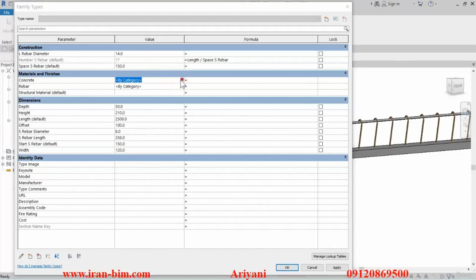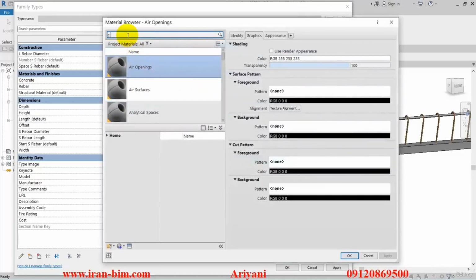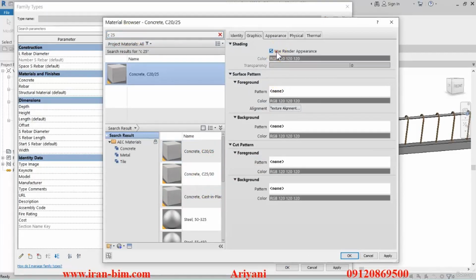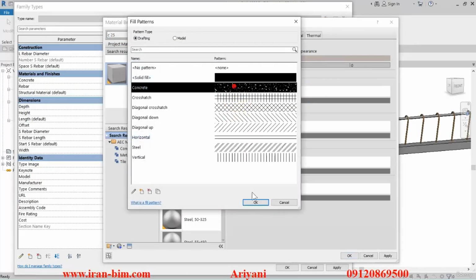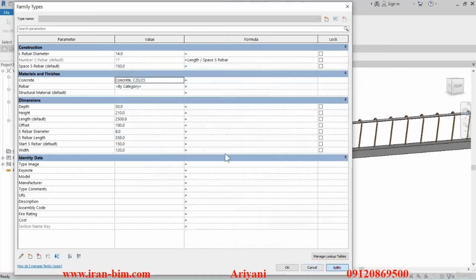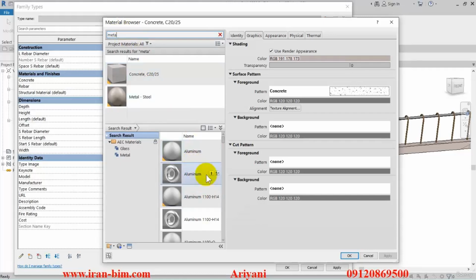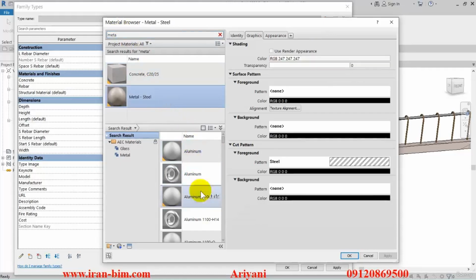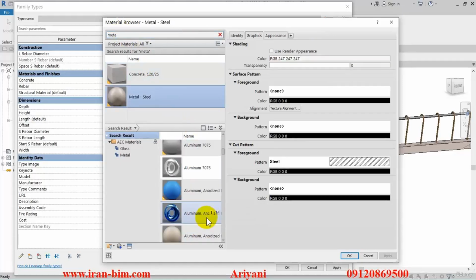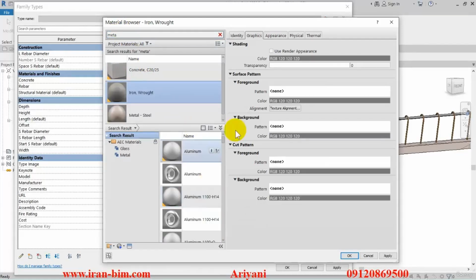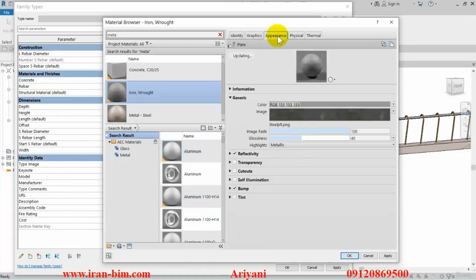Here I'll open up the material browser for the concrete and search for C25. I'll add this one and check the use render appearance and then the hatching as well. After that, open it up for metal again, and then let me just look through these so I can find a usable material. For example, this one, add it up, check the use render appearance box again, and under the